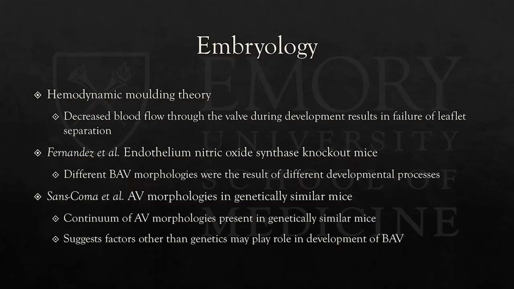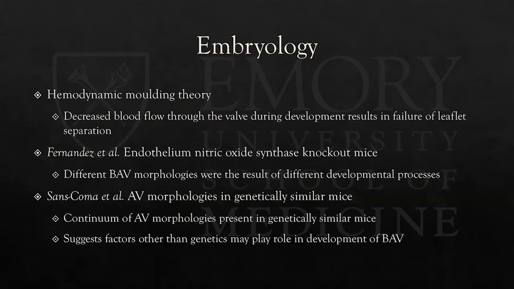The general conclusions from that study showed that different bicuspid aortic valve morphologies were the result of different developmental processes. In some of these mice, they developed bicuspid valves. Some of these valves were classified as type 0, type 1, type 2. Some of these valves were even tricuspid. So it's not really one clear mechanism that causes bicuspid aortic valve development